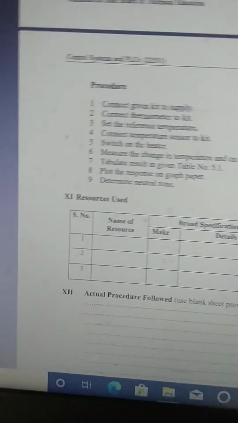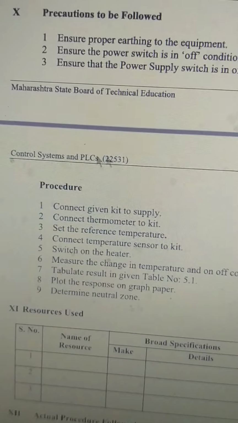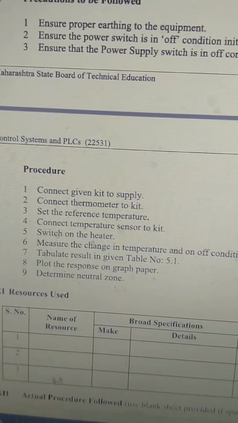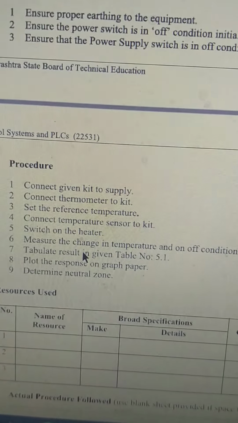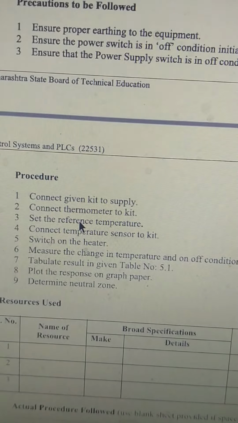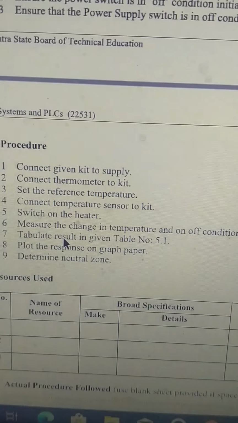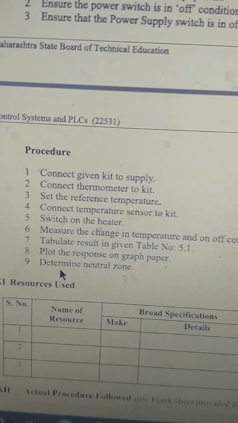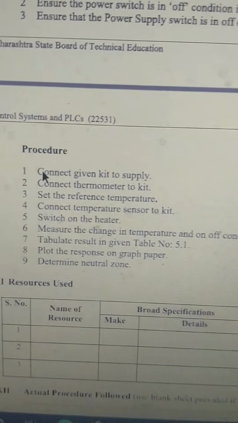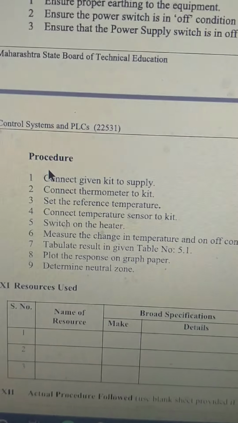Now in this experiment, a theoretical procedure is given. We will overview this process. The actual procedure is different from the theoretical.